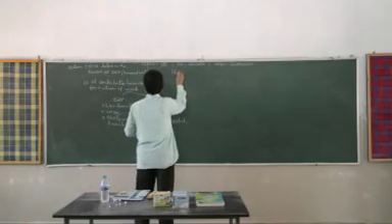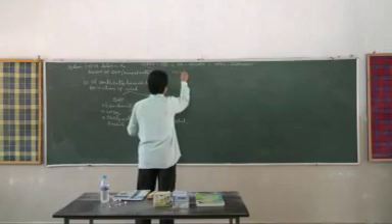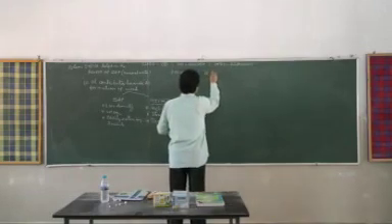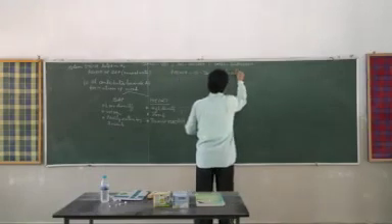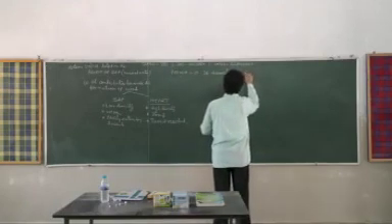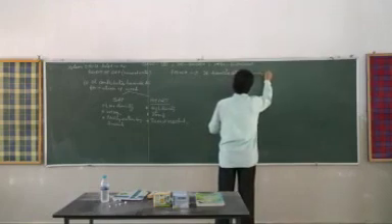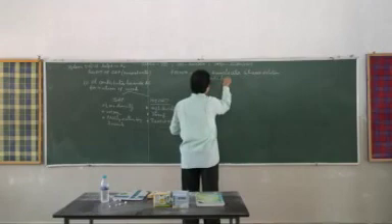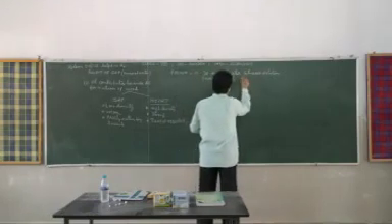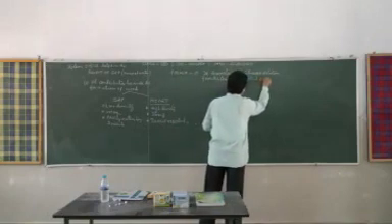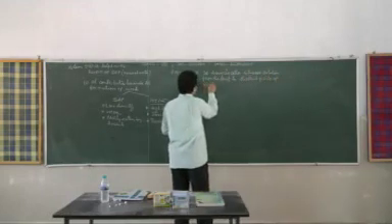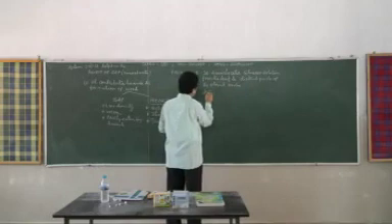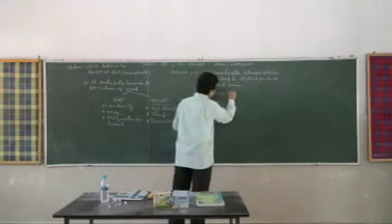Phloem, on the other hand, translocates glucose solution from the leaf to distant parts of the plant body. And number two, it forms the